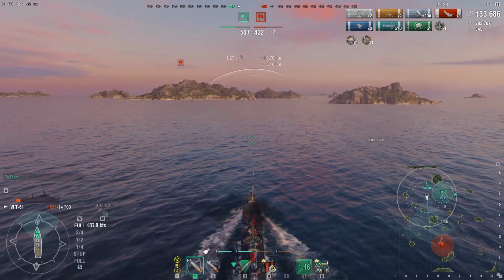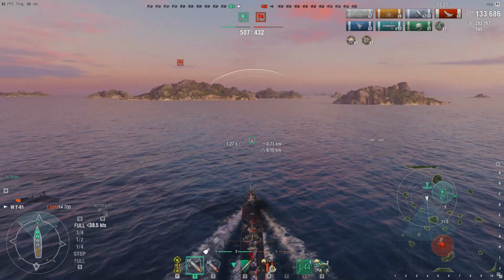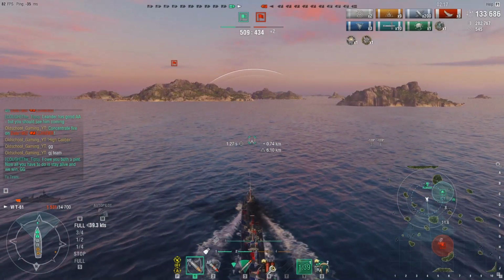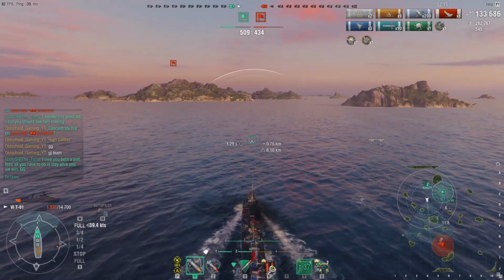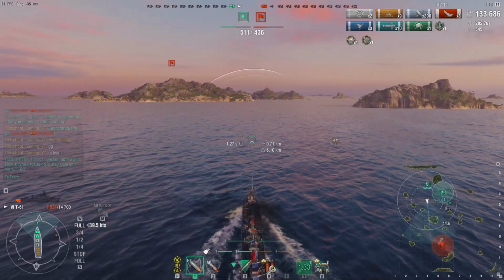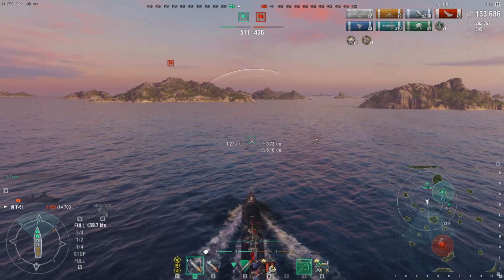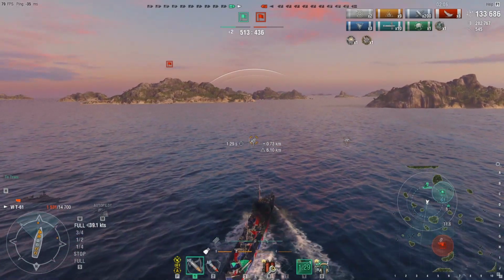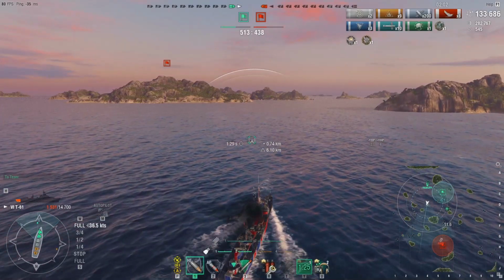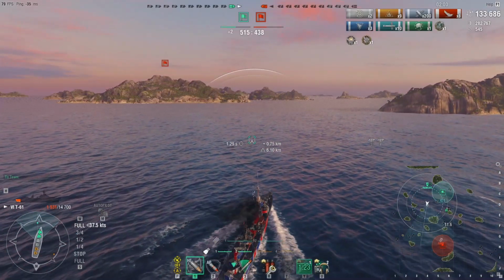Fuso has no sight. The only thing he's going to have is, am I spotted by planes or am I spotted by surface ship? And if he understands the symbols, he's going to know which is which and when he's spotted. So now it becomes a dangerous game of cat and mouse, because